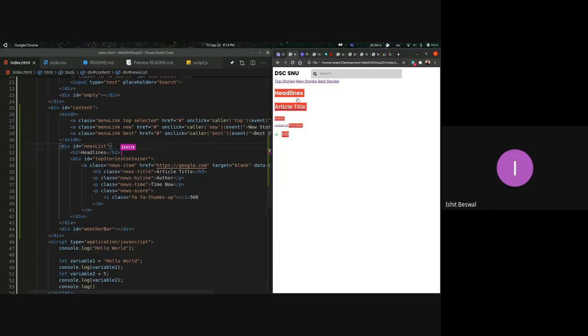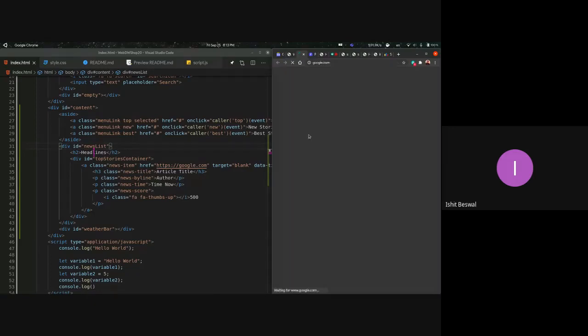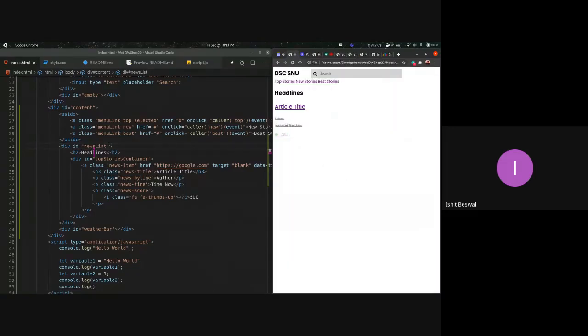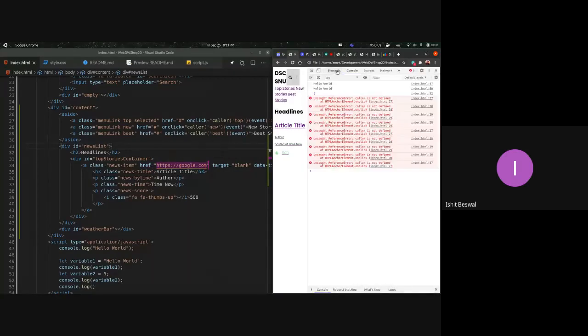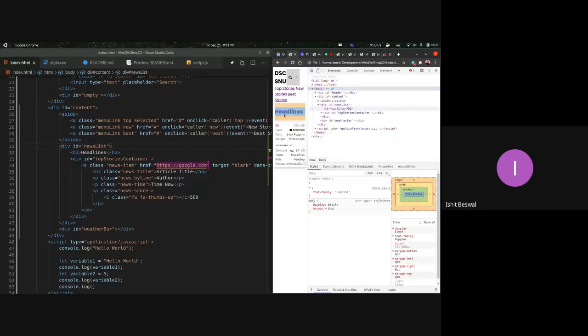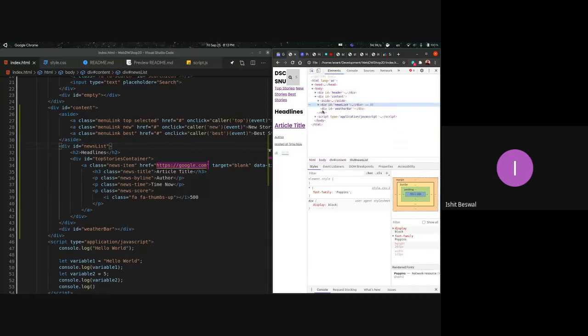Next is the division with the ID news list, and there are again two children to it. The first is a header tag for headlines, and the next is another division with the ID top stories container. In the top stories container, we have an anchor tag with a class news item. For now, the href is given as google.com, but later we'll be dynamically adding the href to take us to the web page of the news article.